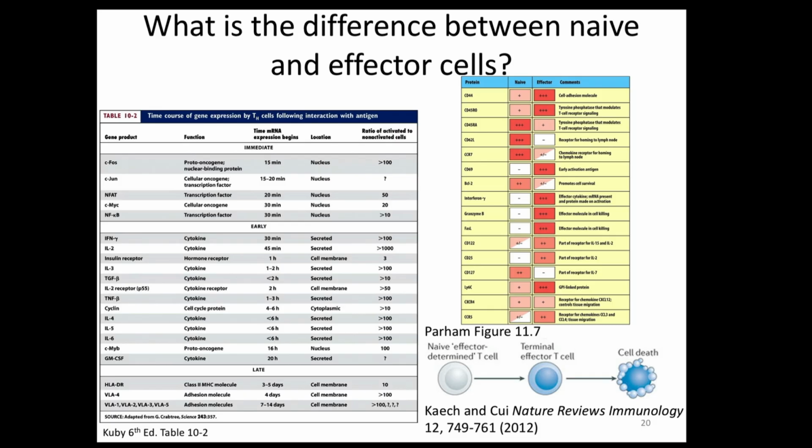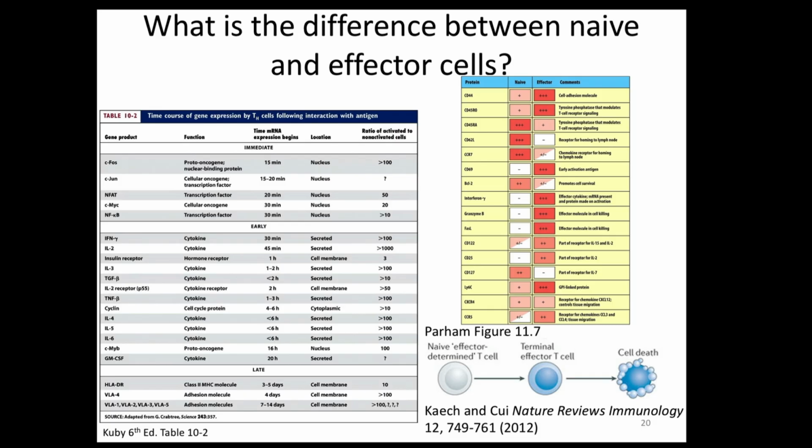An effector cell makes 1,000 times as much as a naive cell. So we've got all sorts of different products where effector cells are just going to be able to make so much more of the product than the naive cell. And you can also, of course, have seen that before with the antibody, that the effector cell is making so much more than the